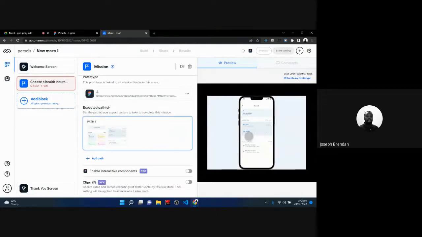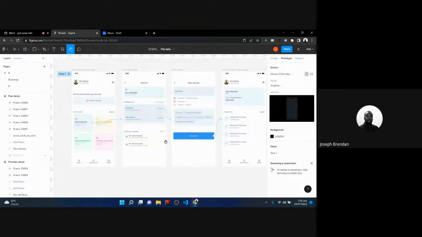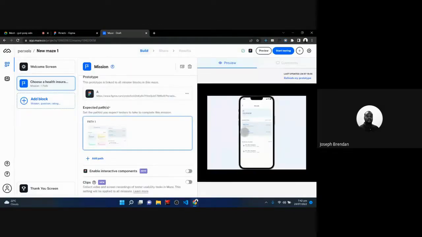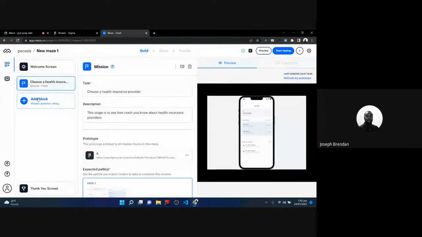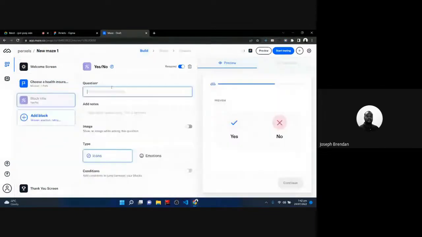When I click on that card, it will follow the prototype that I created here in Figma. As you can see, when I click here, it goes here. So it will follow that same flow to this page. Now, the moment you just do that, you have defined your path. So now you can add a different block, right? Let's say yes or no. Now, the question will be,